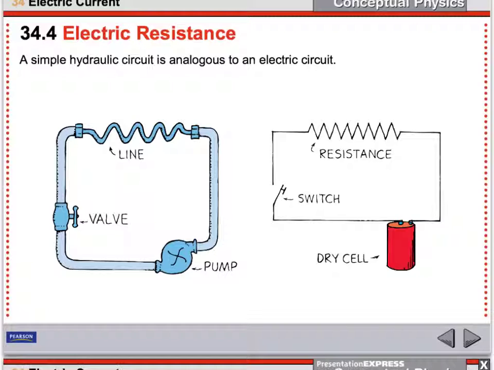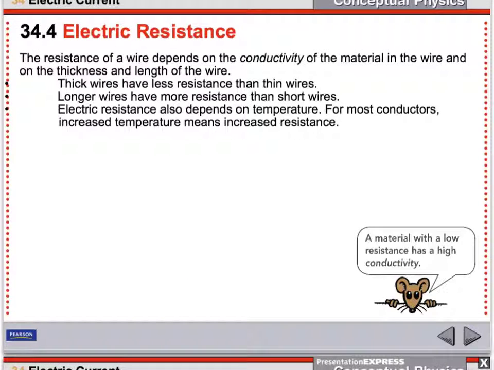Here we are back at our water pump example. You can see the pump is the analogy for the battery. The valve is the analogy for the switch. The wavy water line is the analogy for electrical resistance. And the electrical resistance, it could be the light bulb, it could be the radio, it's whatever you're powering up in that circuit. Again, I just mentioned this, but thick wires have less resistance than thin, and longer wires have more resistance than